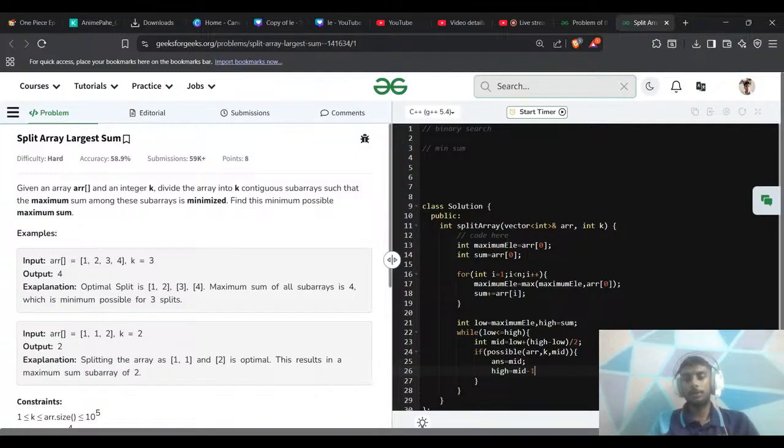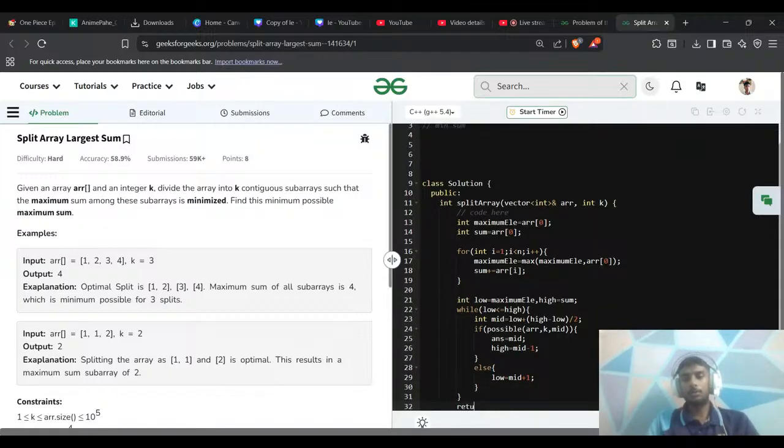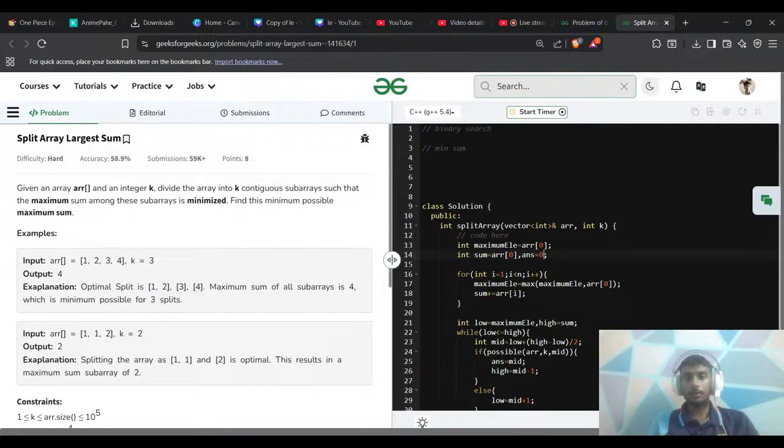Mid minus 1. Great. If it is not possible, else low is equal to mid plus 1. That's it. And here just return answer, and here answer is equal to 0. Great. Now